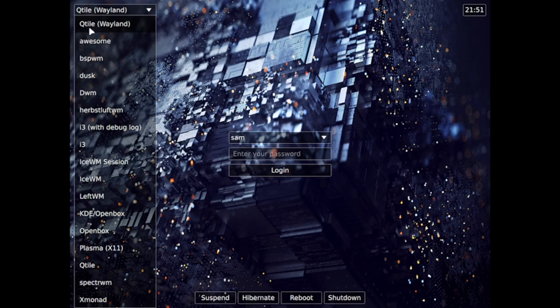So you can see here the Qtile Wayland session is available. Awesome is there. BSPWM, Dusk, DWM, i3, IceWM session, IceWM, LeftWM. So many are there. So what we can do is we will do an individual video on each of the window managers later. So this time let us only do